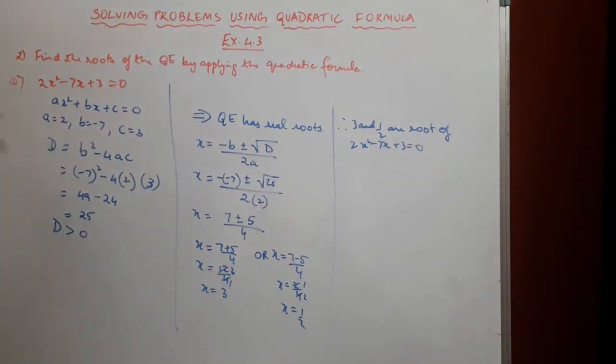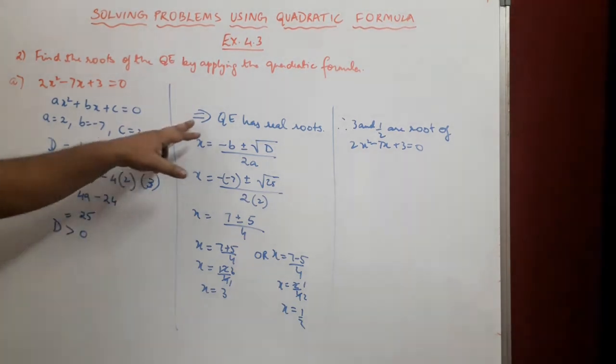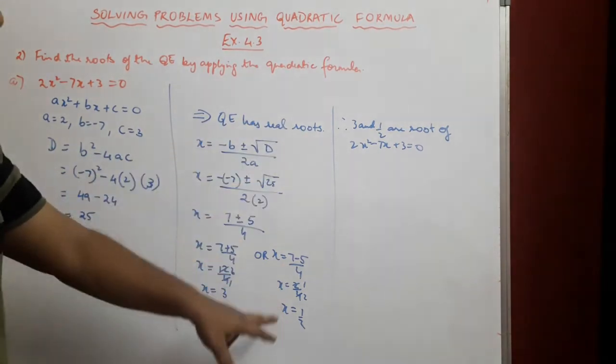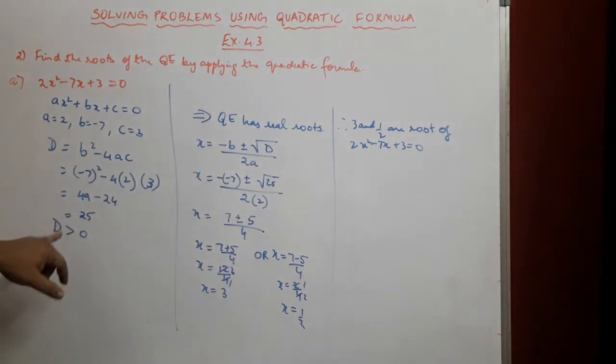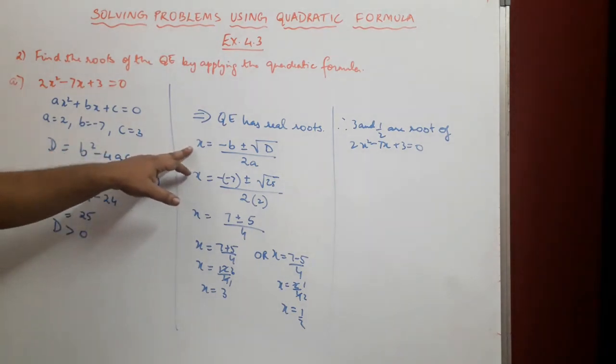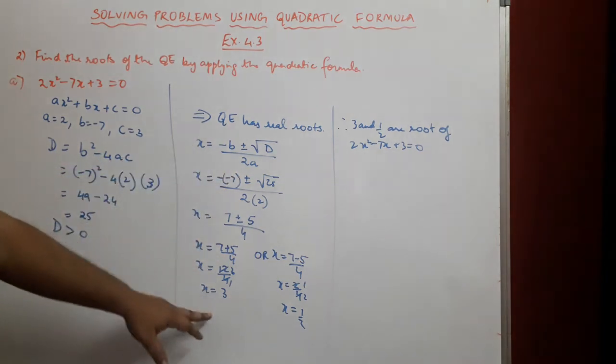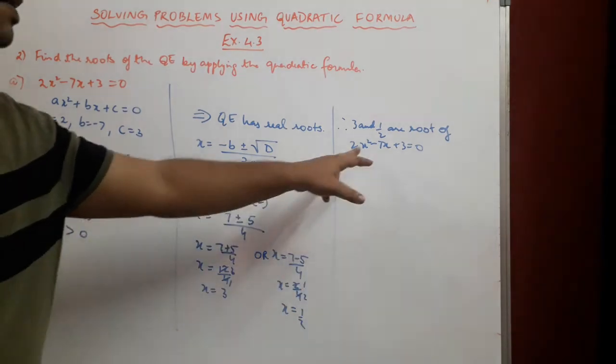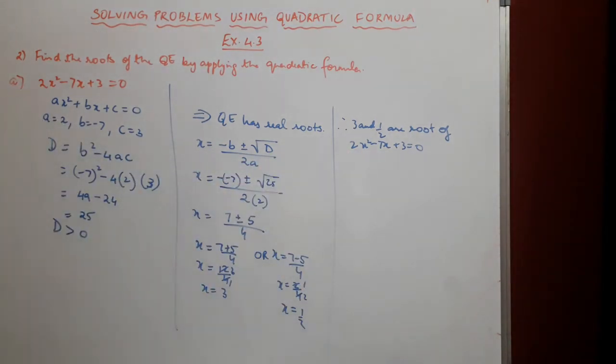So important thing, we first found out whether the discriminant is greater than 0 or equal to 0. We found that discriminant is greater than 0. Hence we came to know that it has got real roots. We can also write quadratic equation as real distinct roots, as we found out later on. Then once we came to know that discriminant is greater than 0, we used our quadratic formula to get the roots of the quadratic equation, and we got 3 and half as the roots of this quadratic equation.